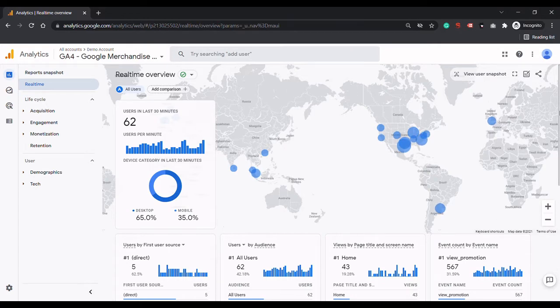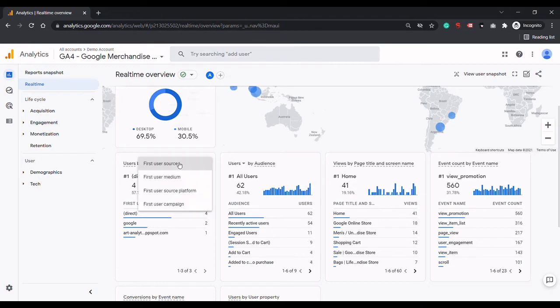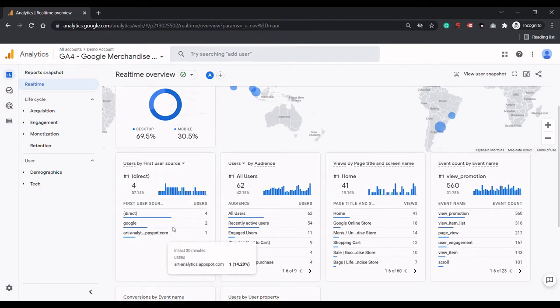Below, you can see the first user source, meaning from which source the merchandise store is getting visitors. These are all real-time data only.